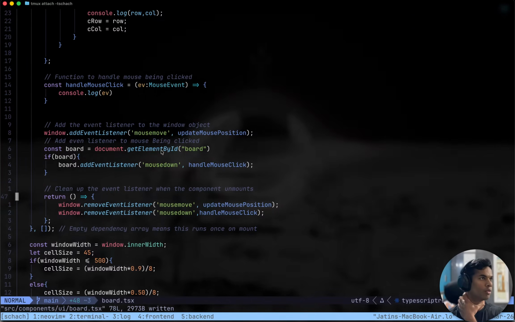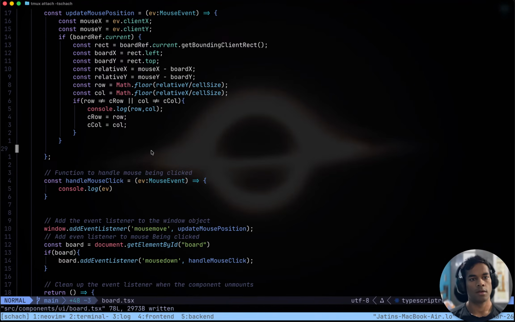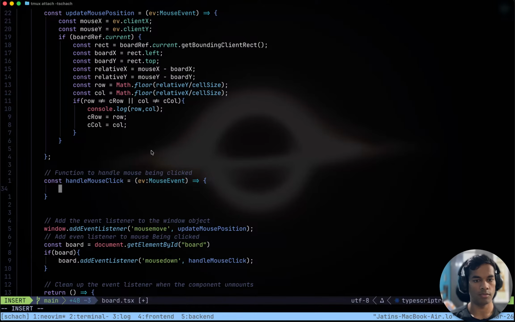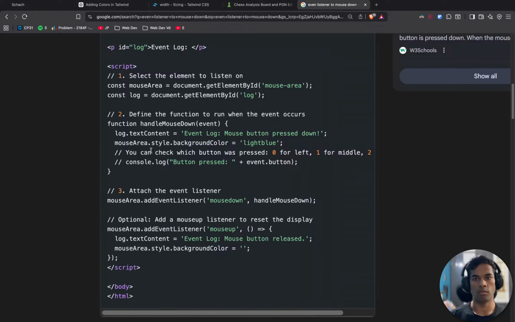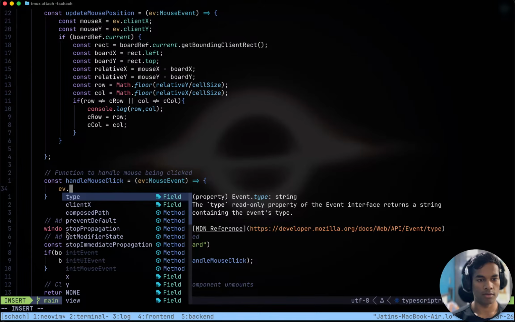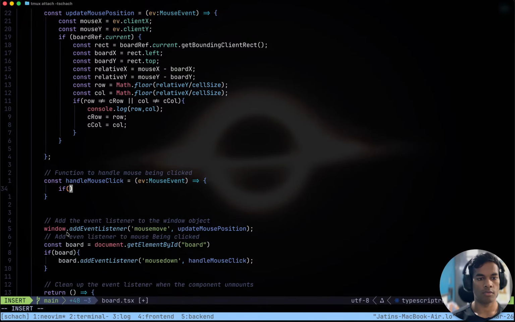When mouse goes down, handle mouse click. Instead of this, we find out ev dot, and also which button was pressed, event dot button. Okay, first of all we will check the button.